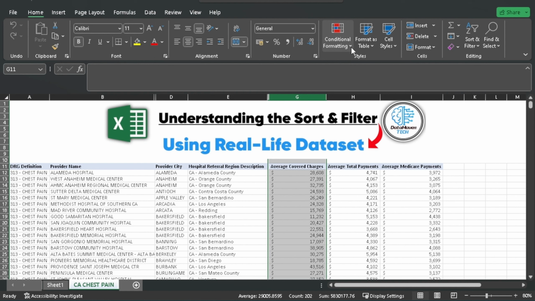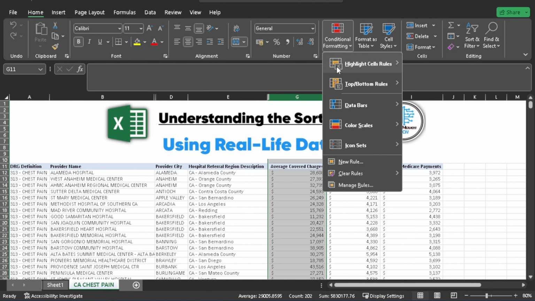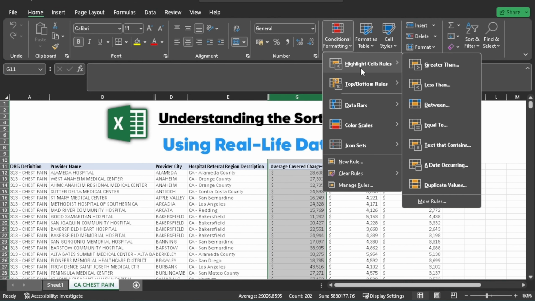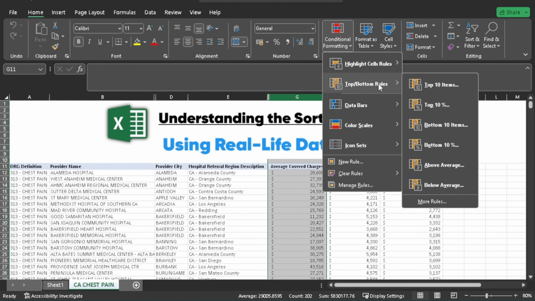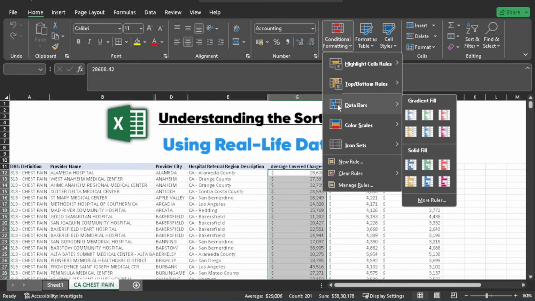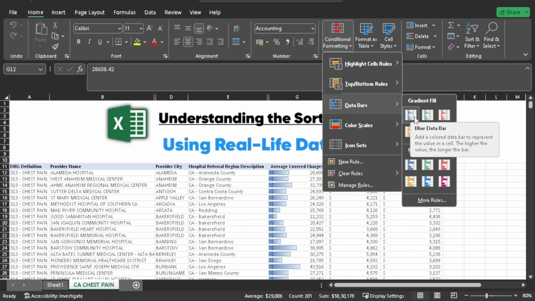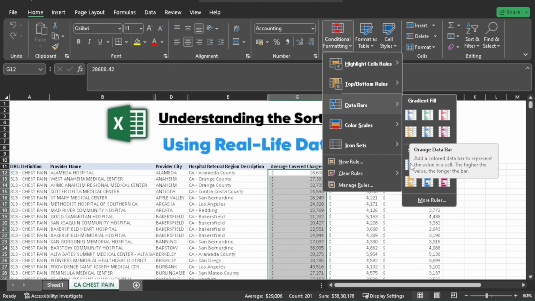You can see there are different options in it, like Highlight Cells Rules, which help us to highlight cells according to particular rules, like if you want to mark any cell with greater than, less than, and so on types of parameters, then we can use this. And there are some other options like Top/Bottom Rules, in which we can highlight cells like top 10 items, top 10 percent, and so on. And the next option is Data Bars, which help us to highlight cells not only with color but also with a bar like this, as I am showing you an example on screen.